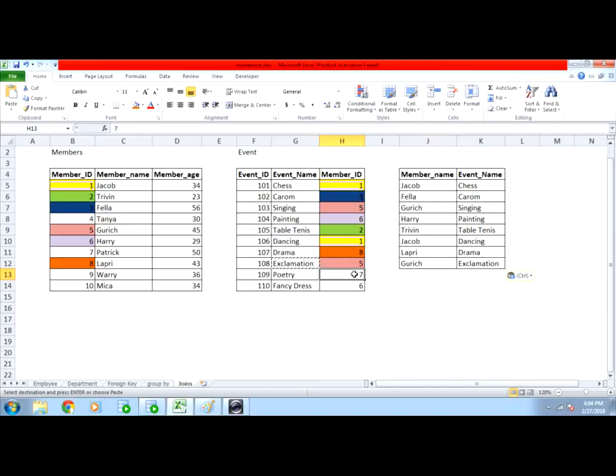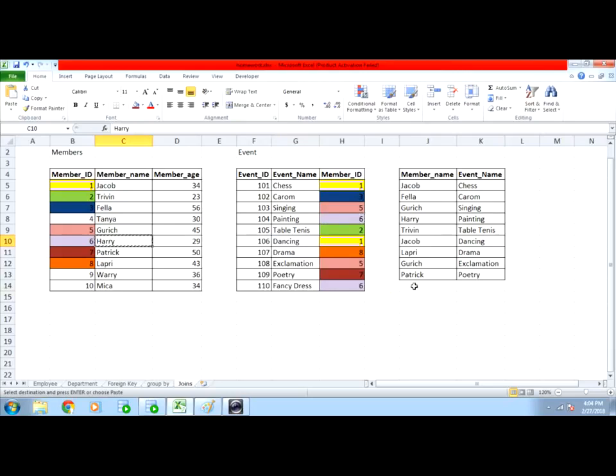Next is 7. 7th one is this one, Patrick. Patrick has an interest in poetry, and is going for poetry. Last is the 6th one. 6th one we already know is Harry.